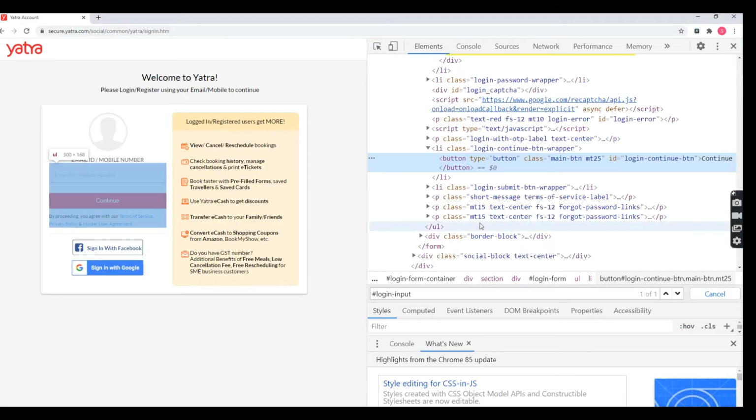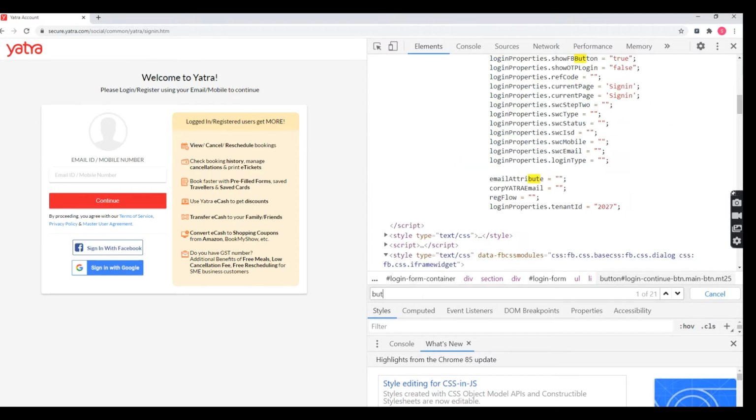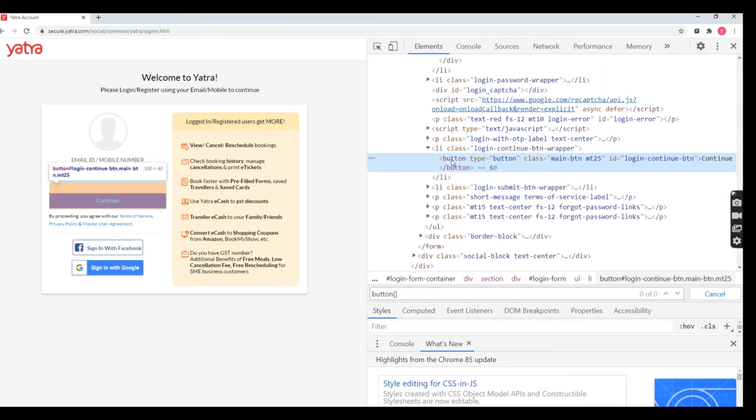Okay. Then I'm going to click on the login button. For the login button you can take a normal XPath. Okay, I'm going to take this one. So what is the tag name? Button. See, button is the tag name, and I open a bracket and close the bracket. Inside it I'm going to mention the attribute ID equal to attribute value. So this is the XPath we are going to follow, but we have to put a double slash. This is very important if you want to use XPath.